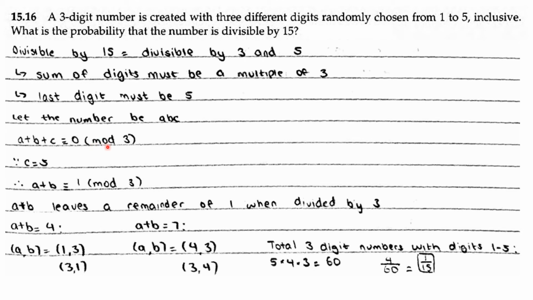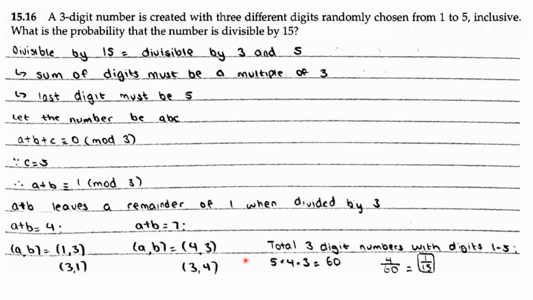ABC is congruent to 0 in modulo 3 because the sum of the digits is a multiple of 3. And since C is equal to 5 because the last digit is 5, that means A plus B is congruent to 1 in modulo 3. So that means A plus B leaves a remainder of 1 when divided by 3. So A plus B is either equal to 4, in which A and B are 1 and 3 or 3 and 1, or A plus B is equal to 7, where A and B are 4 and 3